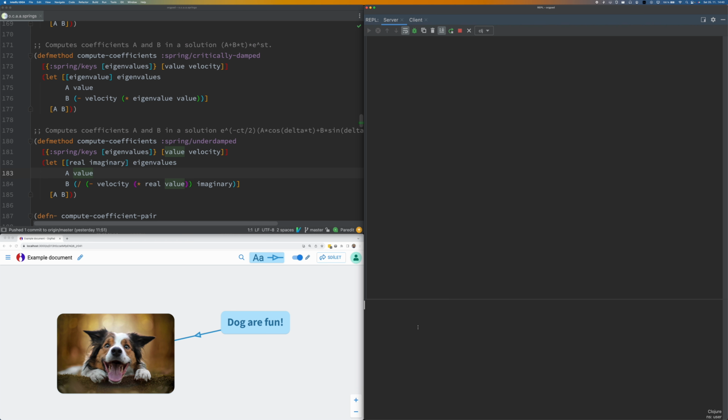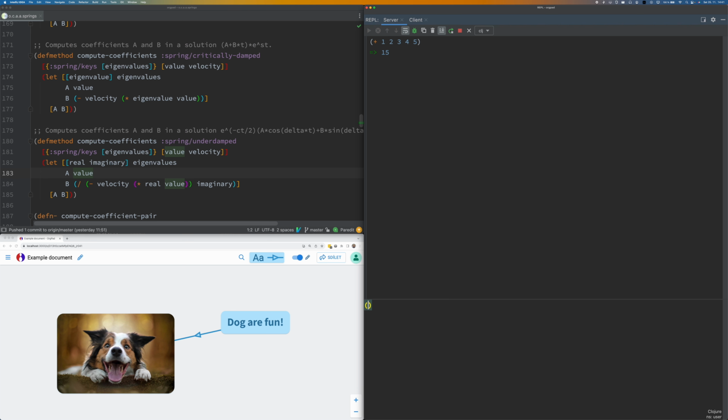I'm using IntelliJ, so on the left side on the top you see some code here. On the bottom I have a running OrgPad application in development, and on the right I have my REPL window. And this might be familiar to you if you know some programming console for other languages, where you can just type some stuff. For example, I can do (+ 1 2 3 4 5). I press enter to execute it, and I see that the result is 15.